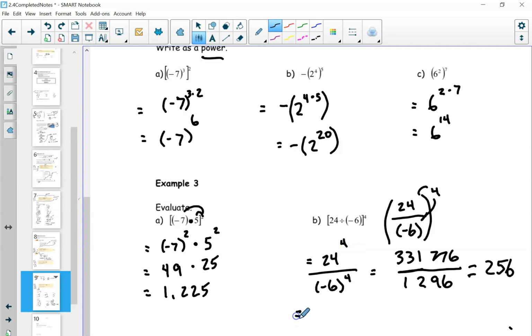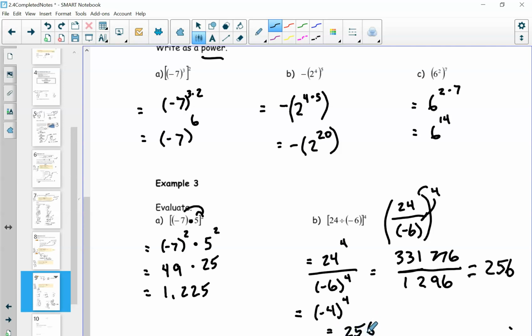Thought experiment, because some people are going to try to do that. Well, what's 24? Let's not apply the exponents yet. Let's try and simplify this. What's 24 divided by negative 6? Okay, well, that's going to be negative 4. And then we still got to keep the exponent. Negative 4 to the power of 4 is, lo and behold,